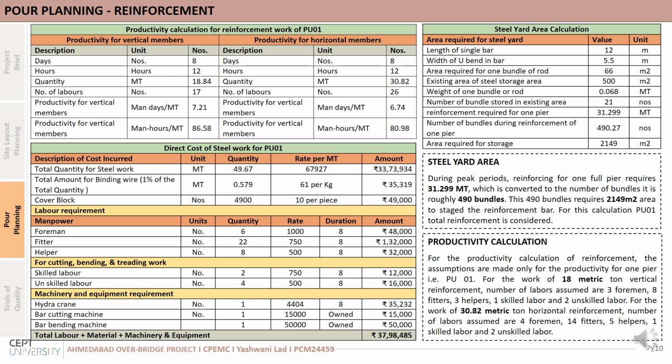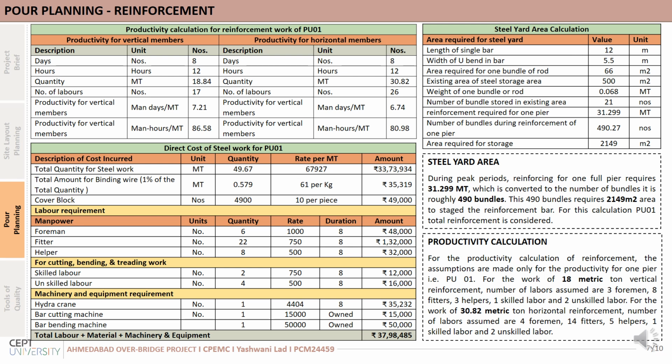For reinforcement calculation, we calculated the steel requirements for pile, pile cap, pier and pier cap. Here shown is the reinforcement calculation for PU01 and its productivity calculation by separating the vertical members, that is pile and pier, and horizontal members, that is pile cap and pier cap, where 7.21 is the man days per metric ton for vertical members and 6.74 man days per metric ton for horizontal members. For the direct cost of steel for PU01, we added the cost of labor and machinery, which comes around 37.98